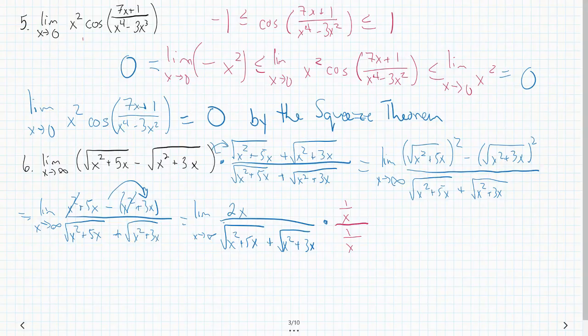So now the nice part, I'll kind of do a Texas two-step here. In the denominator, the square root of 1 over x squared is the same as 1 over x. So we'll write it that way. That'll allow us to distribute this to both parts. So this thing becomes the limit as x goes to infinity of, well, when you multiply this on, 1 over x times 2x just becomes 2 up top. Now, just an FYI, that is the square root of 1 over x squared. So everything inside these little square roots, we're going to multiply